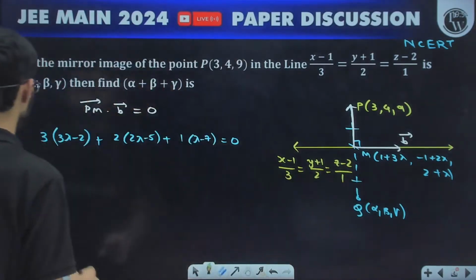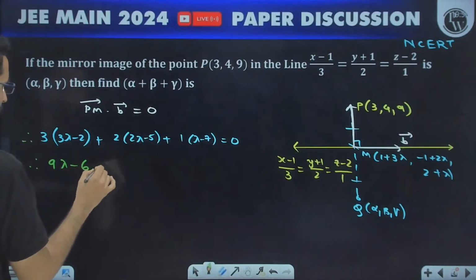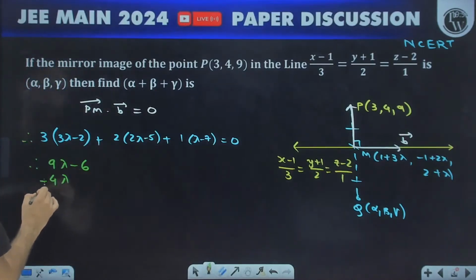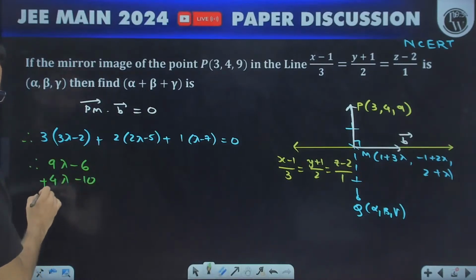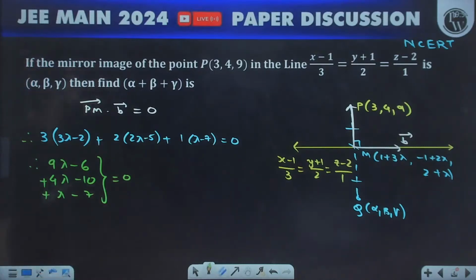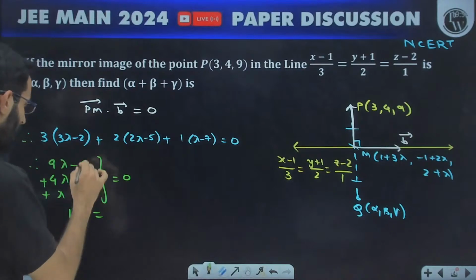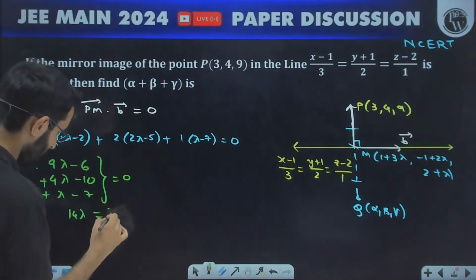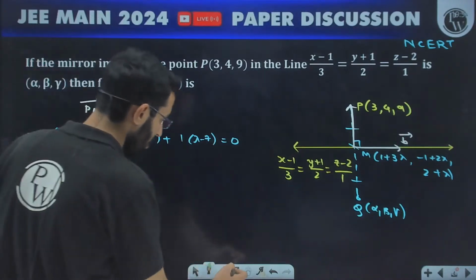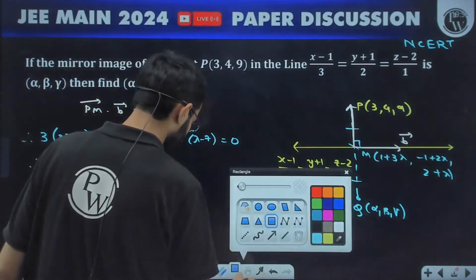If I simplify further, this will become 3 threes are 9 lambda minus 6 plus 4 lambda minus 10 plus lambda minus 7. 9 plus 4 plus 1, 14 lambda equals 6 plus 10 plus 7, 23. So lambda will be 23 by 14. Once you get the value of lambda, by using this value